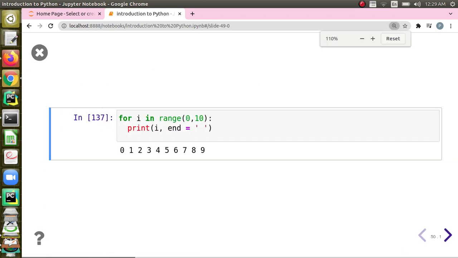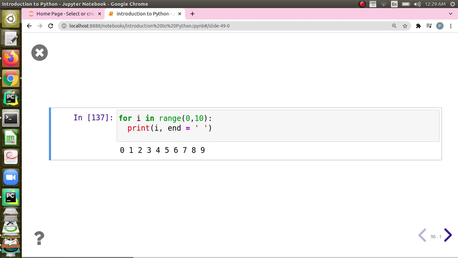So let us look at a very simple code: for i in range(0, 10). This range will generate a sequence starting from 0 and it will go up to 9. Actually, this is a stop value. This sequence generator will generate numbers while the generated value is less than the stop value.